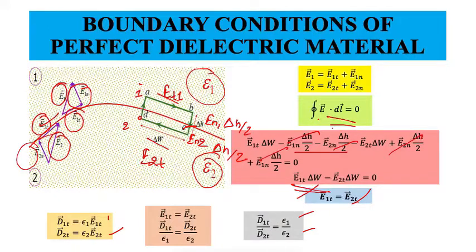If I know the permeability value, I can also find D tan 1 and D tan 2. So now, from the electric field E and D field vector in one region, I can find the electric field in another region. I still have to find the normal electric field, because every vector will have a tangential as well as a normal component. So now I will find the normal electric field. For that I will use Gaussian law in integral form.